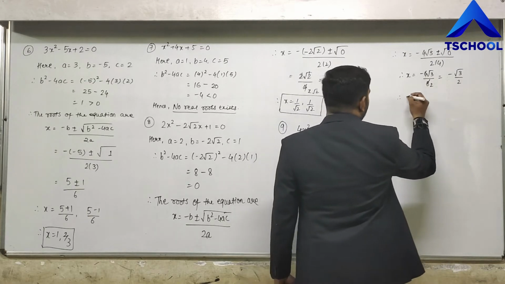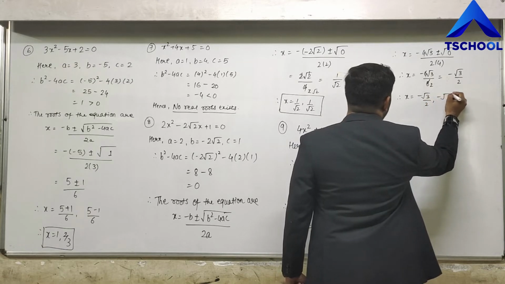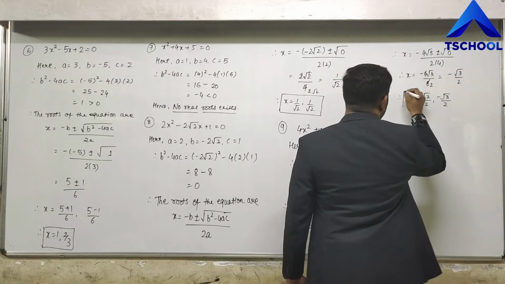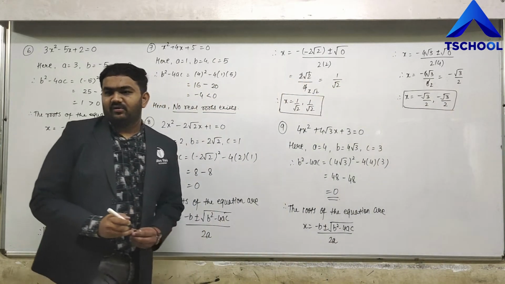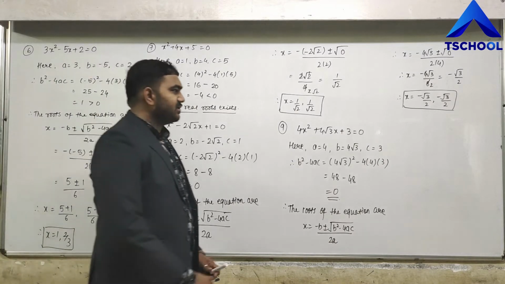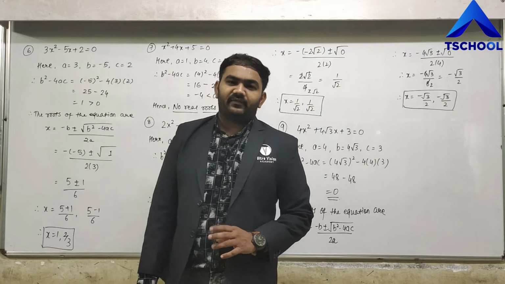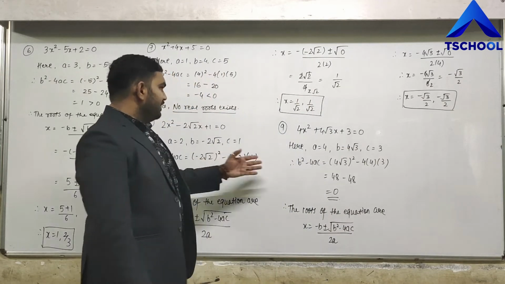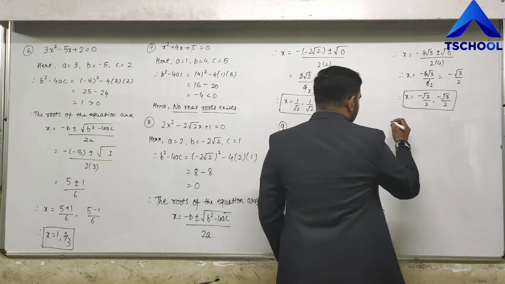Therefore the roots are minus root 3 by 2, comma, minus root 3 by 2. Note that again this is a quadratic equation, and as b square minus 4ac is 0, we will get real and equal roots. So both the roots of this equation will be equal. Solving these two examples, we can come to an important conclusion that